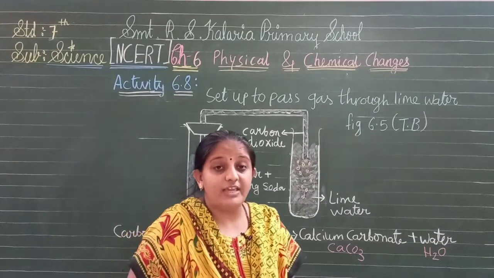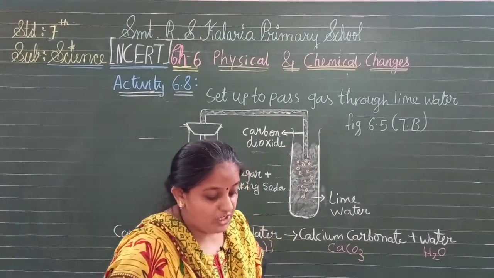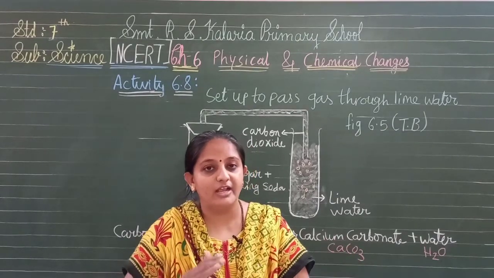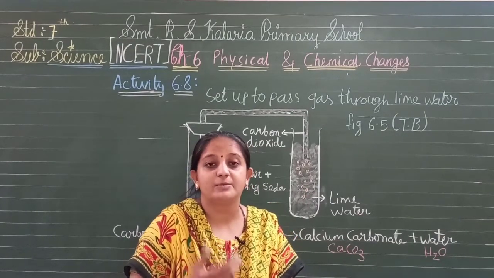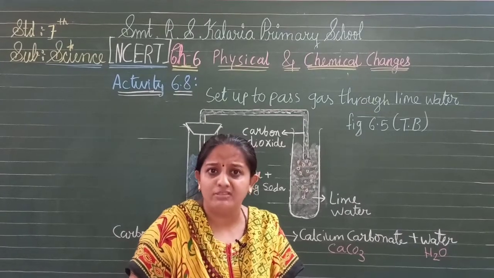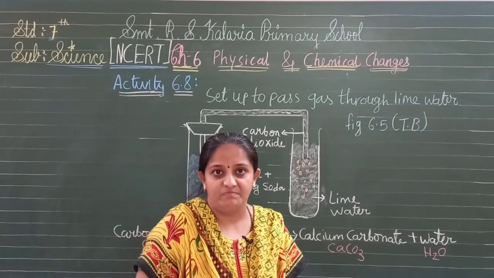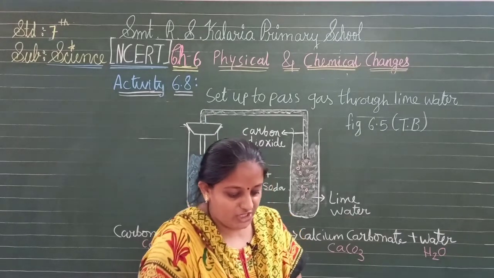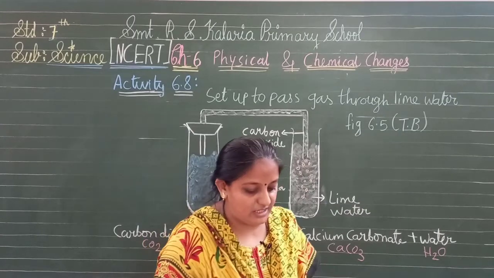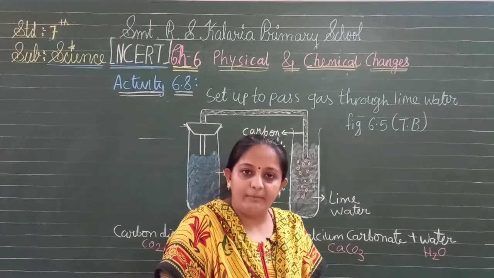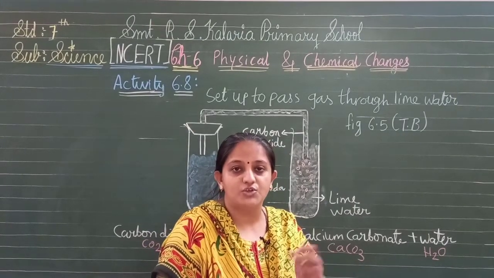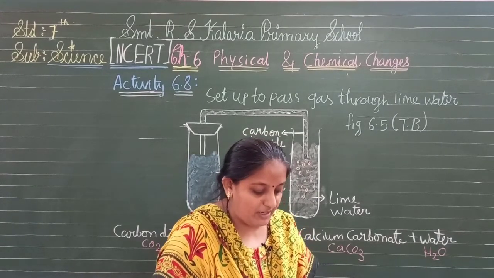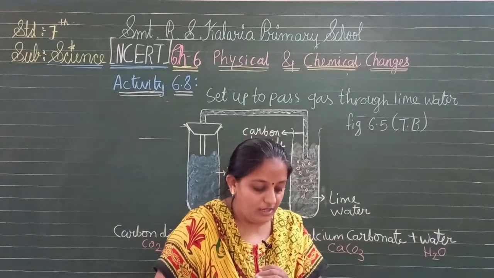So in this we can say it is a change in which one or more new substances form. इतनी सारी एक्टिविटीज़ हमने की देखा, कोई न कोई एक्टिविटी के बाद एक सब्सटेंस, एक से अनेक सब्सटेंस बनते हैं, उसमें से प्रोडक्ट प्रोड्यूस होते हैं. दे आर द एंड ऑफ द प्रोडक्ट, they are the end of the reaction. So a change in which one or more new substances are formed at the end of an activity is known as a chemical change, or we can say a chemical reaction. A chemical change is also known as a chemical reaction.